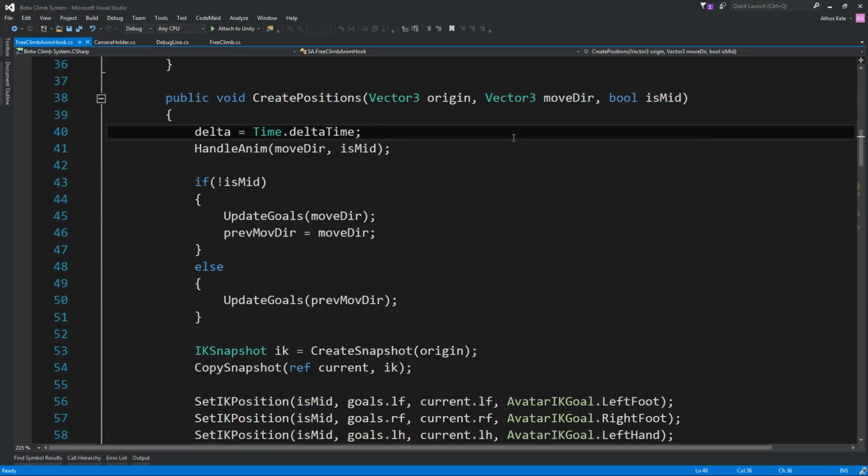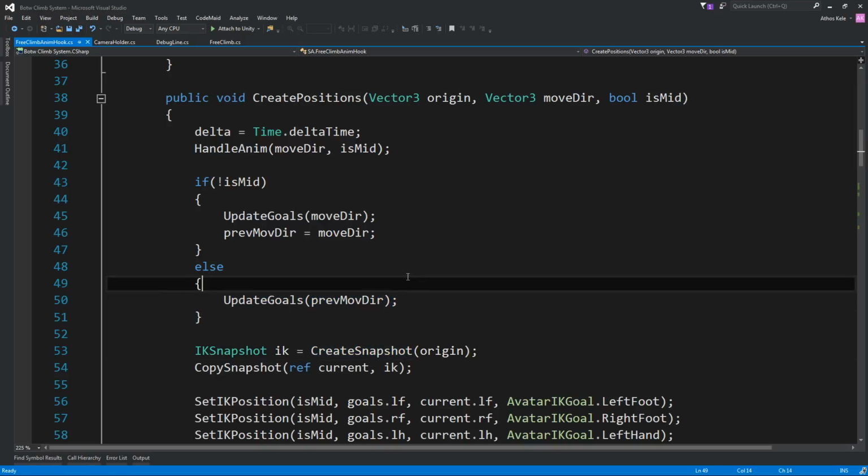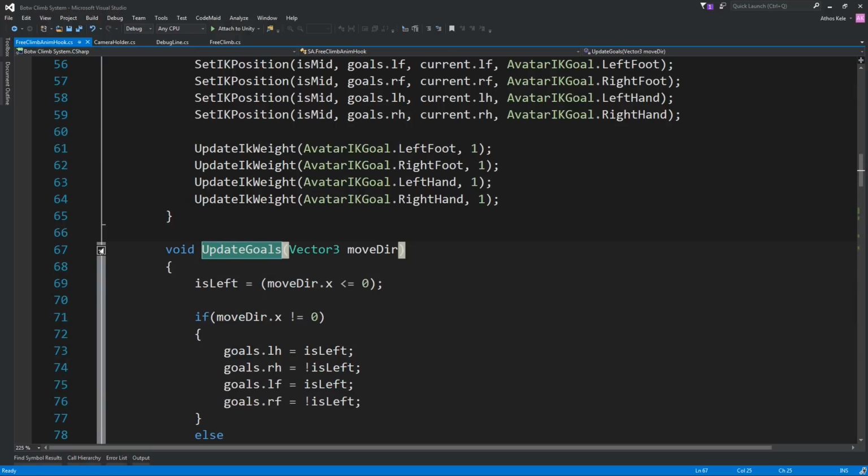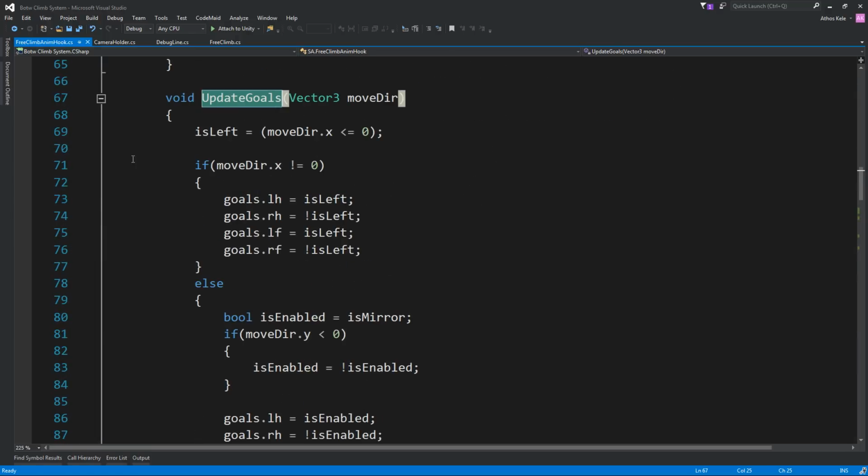So when we want to create the positions, we pass the delta, of course, we play the animation. If we are mid, we are updating. If we are not mid, we are updating everything towards the move direction. Otherwise, we update goals, move dir. No, this is correct. Okay.